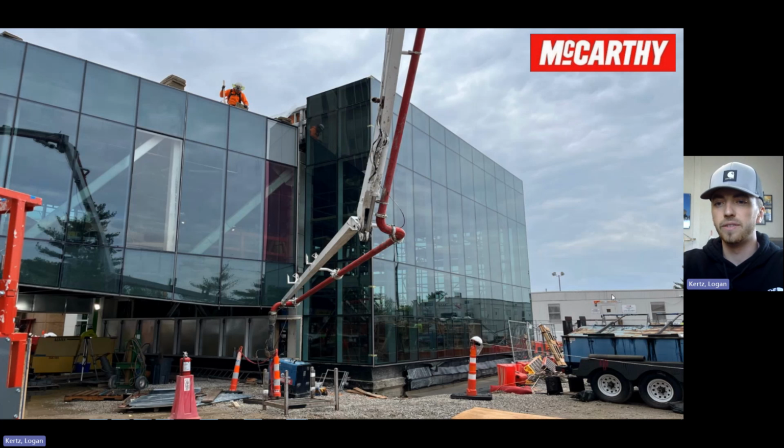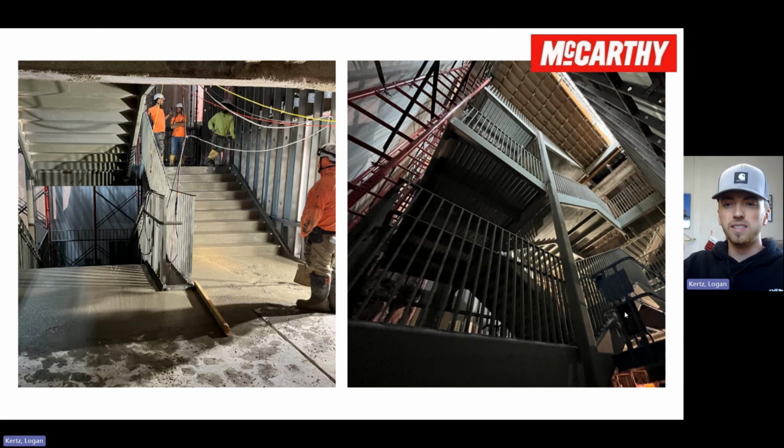on the canopy itself. As I mentioned, we are pouring the stairs in the garage today, so if you look to the left, you'll see a picture of the concrete going in on G2 of the garage, and then if you look to the right, that is a picture of the garage stairs from G3 looking up, just showing the